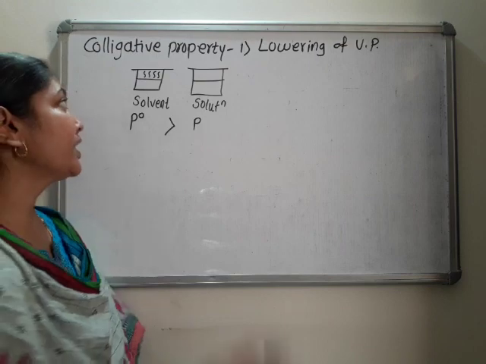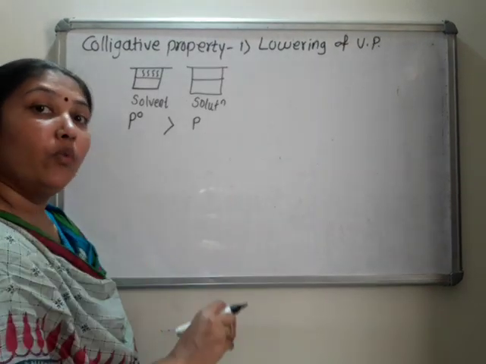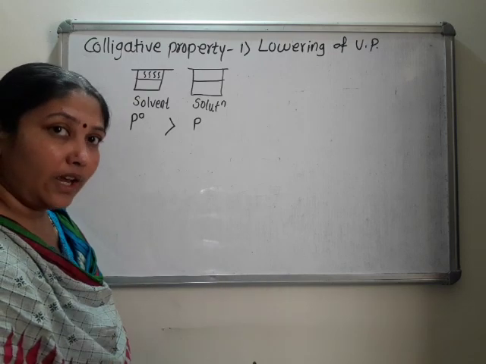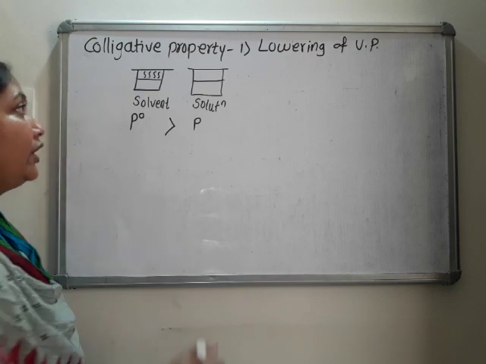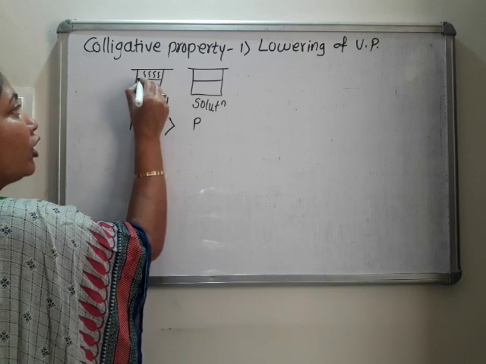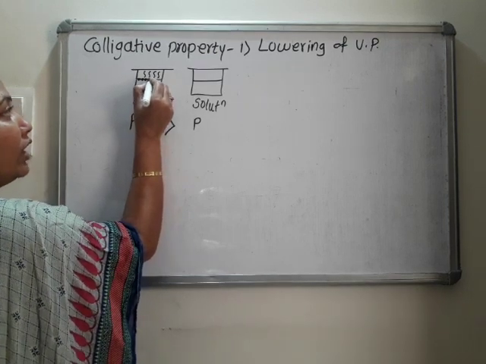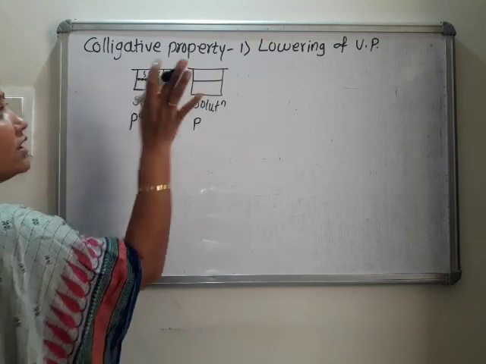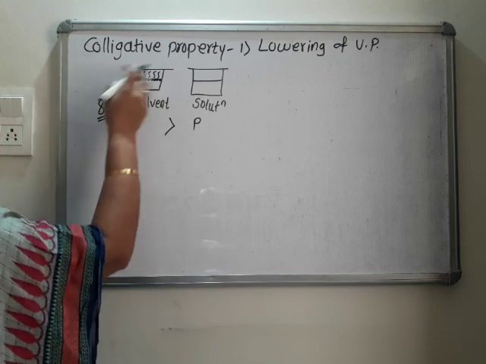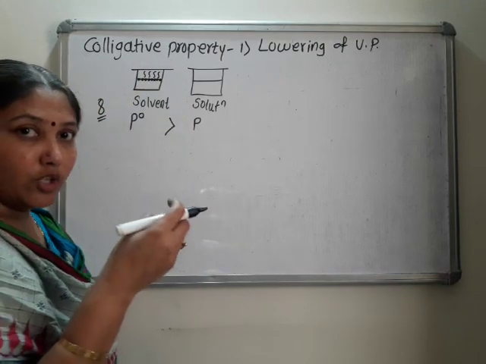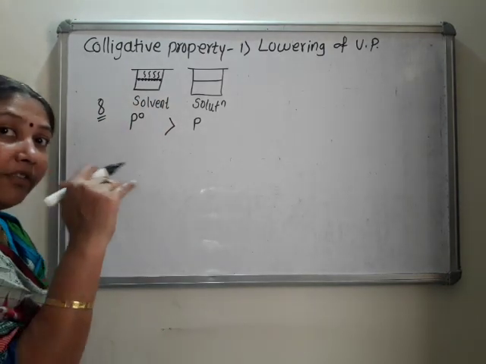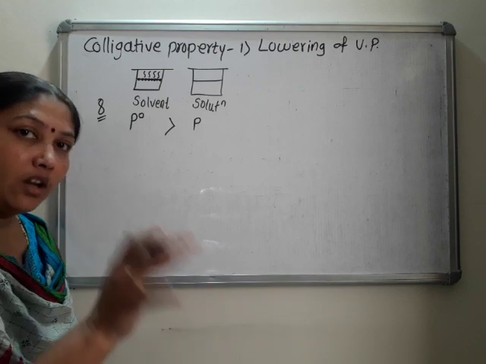Why is it so? See, one thing I told you, the solvent is volatile, the solute is non-volatile as well as non-electrolyte, means it is not associated, not dissociated. Here, all solvent molecules are volatile in nature. Say 7-8 particles are there: 1, 2, 3, 4, 5, 6, 7, 8. 8 particles are there on the surface. It is not possible to count, just to clear. Suppose 8 solvent molecules are there on the surface of that liquid.